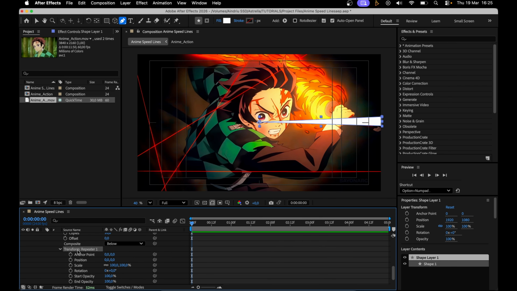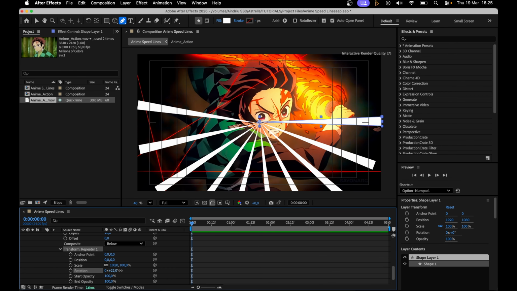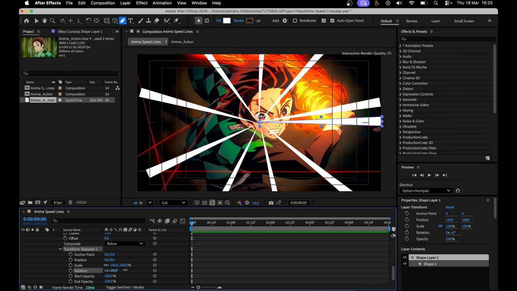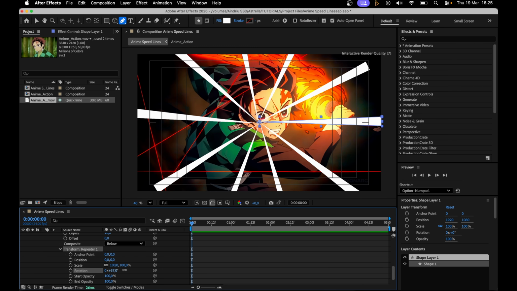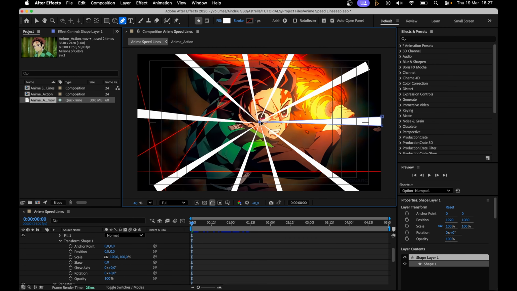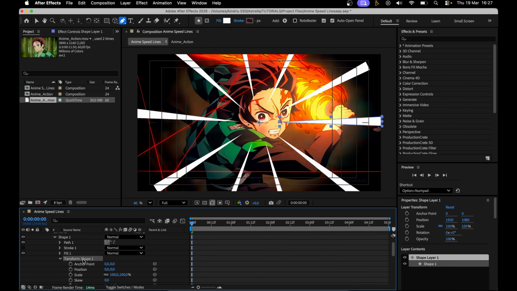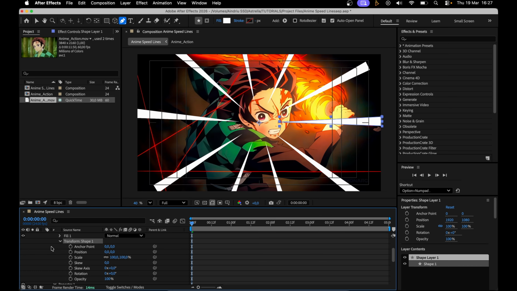Go to the Transform: Repeater 1 menu, and on the rotation, increase this, and then we see it sort of fan outwards. So using the pen tool, I'm just going to click and drag the tip of the original triangle and just expand it a bit, so we have a bit of a gap here for the character's face. And then on the Transform: Shape 1 drop down menu, increase the scale so all the white lines are going